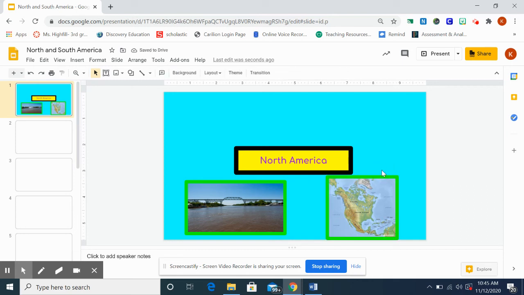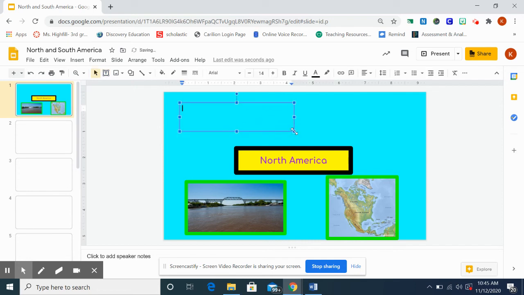Awesome. All right, so I've got my title. I've got a picture from North America. I've got a map of North America. Now I need 2 facts about North America. So facts, I need to have whole sentences that make sense, and that's going to be in a text box. So I'm going to put my facts up top. So I'm going to put a text box here, and then just in the text box,